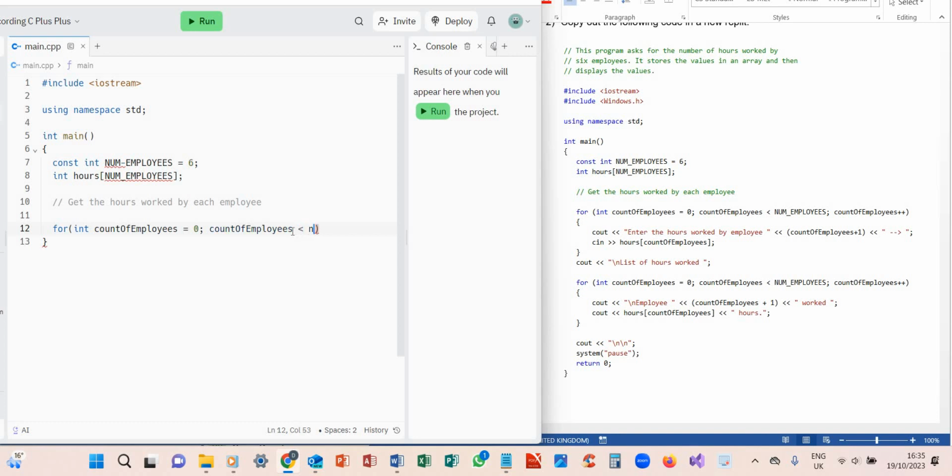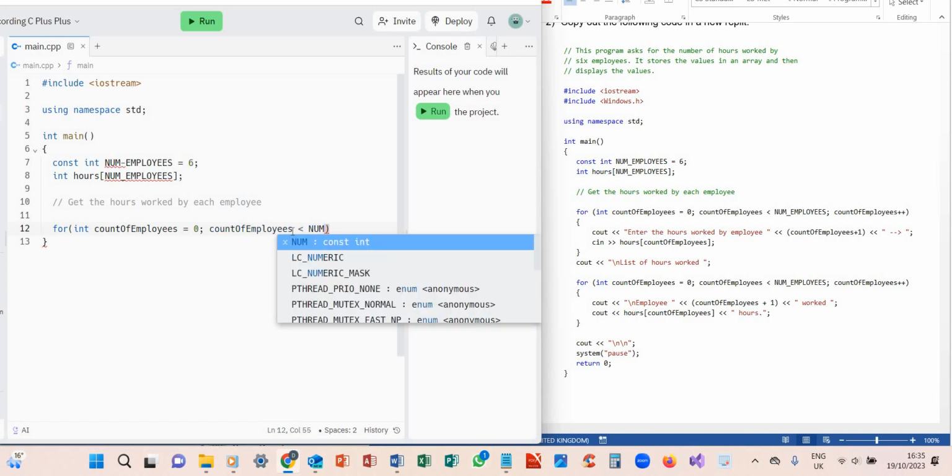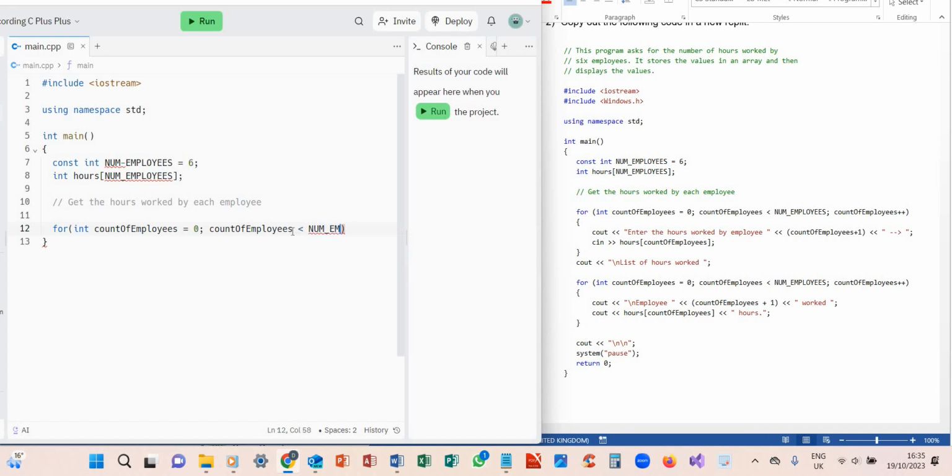Count employees is num employees, and then count of employees plus plus. So that's what I should have done. So num employees. Right, what I should have done is I put a hyphen rather than this. So you can see, if I just put the wrong thing, like a minus, I should have done shift minus to get this character. And because I didn't get the right character, that's why it didn't have num employees. Otherwise, I would have been able